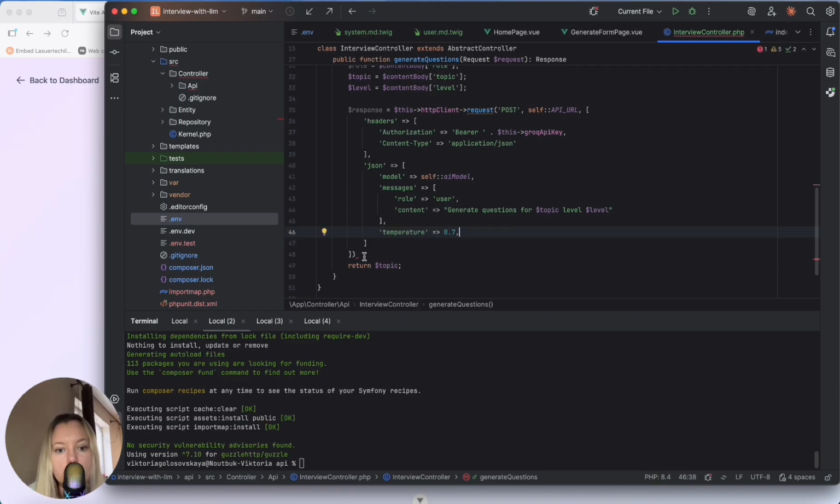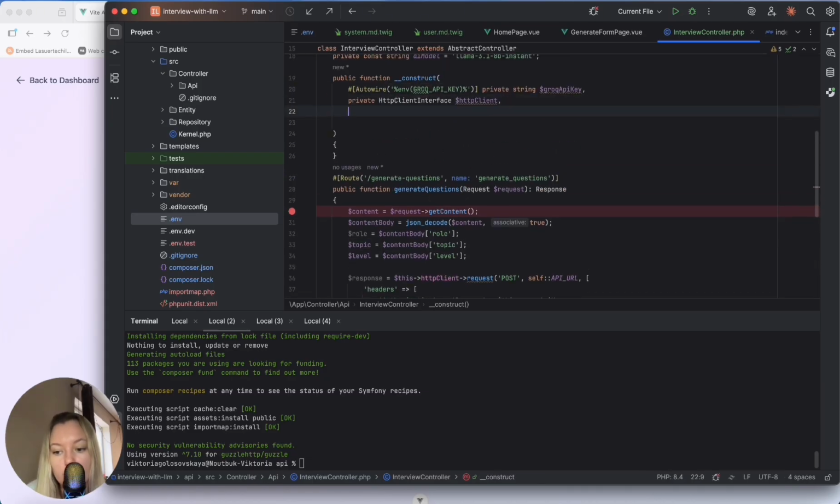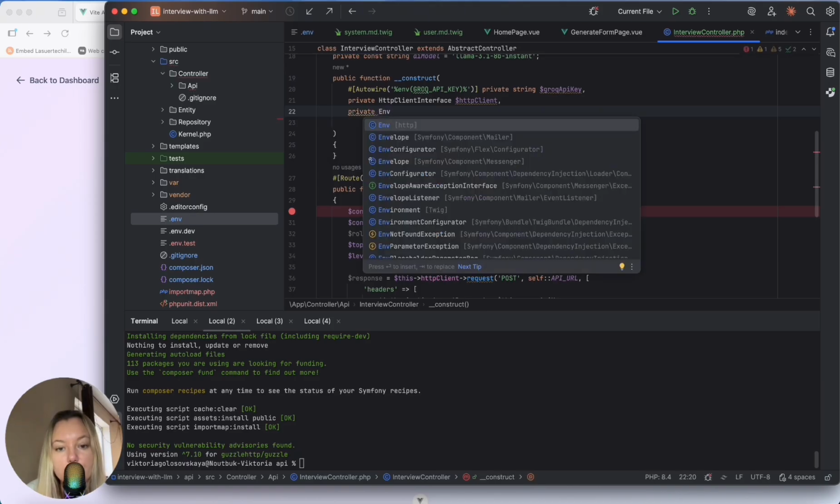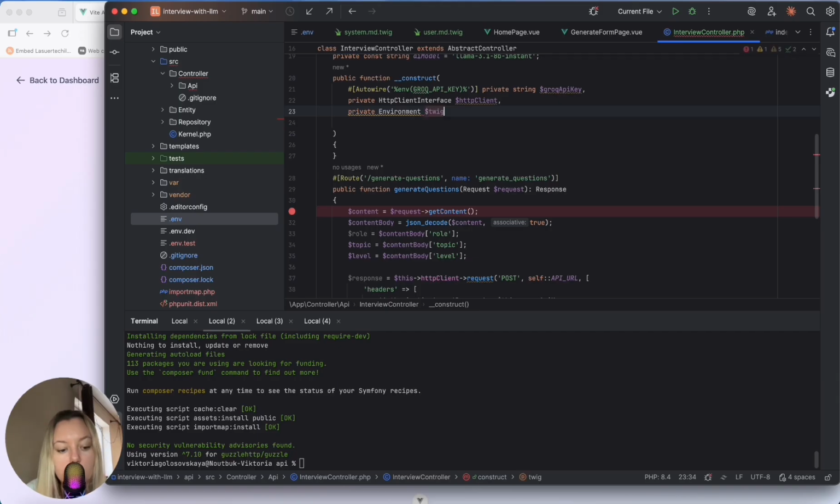But we remember that we have our Twig template where we should pass these variables: topic, level and role. So let's use it. And for this, in the constructor we should add a new variable called Twig. So it's private environment. You see it's Twig and Twig. Okay, so now in the controller,